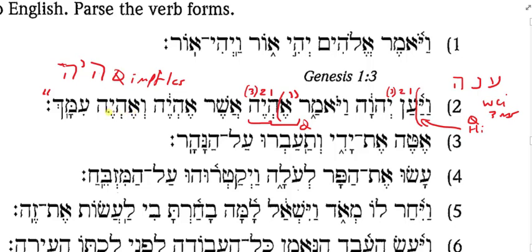Now, in the next clause, I have ehyeh, same form. All 3 of these are the same. And I will be imach. That's im, the im that means with, right? And then this is the 2ms pronoun. It looks like 2fs. Remember, in pause, the form imcha is going to lengthen that vocal shava to the long A, and then this ends up becoming a silent shava. Okay? So this is the 2ms pronoun in pause with im. So I will be with you.